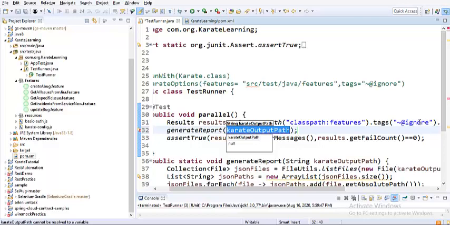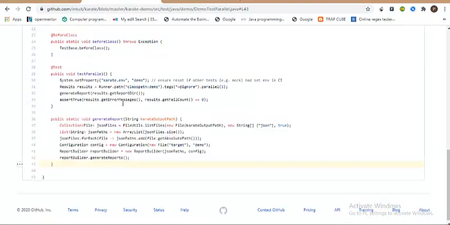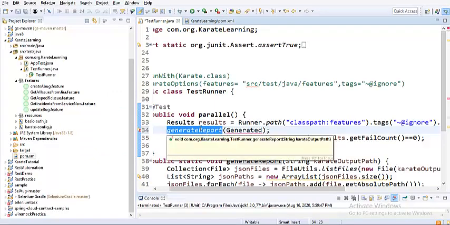And Karate output path, I think we need to specify where the report needs to be generated. So if you go to the documentation part, results.getReportDir. Basically, this particular generate report method is expecting a parameter, which is the directory in which the reports are being dumped.